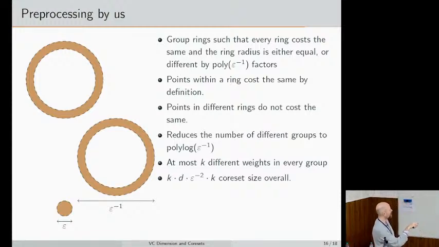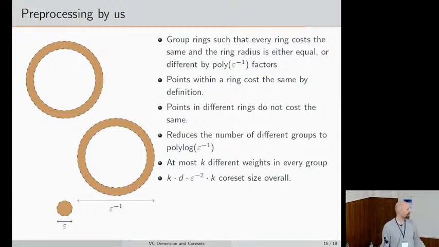So here, these two rings both have the same diameter, and this guy here doesn't. But I'm saying that if the radii are different, they have to be different by a huge gap. And so all the previous properties still hold. You have to pay a little bit in terms of the number of rings, but not too much. So the polylog blow up still holds. It's one log factor more that you're now going to pay, but essentially an insignificant blow up if I want to impose this property.